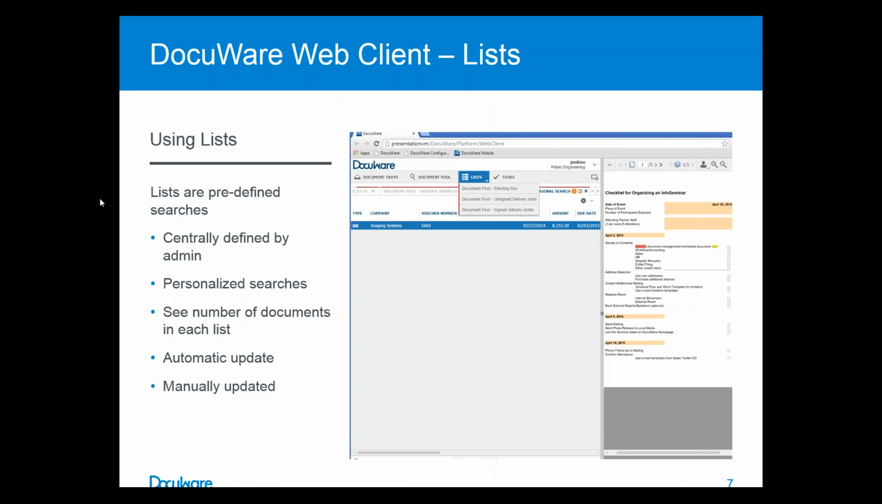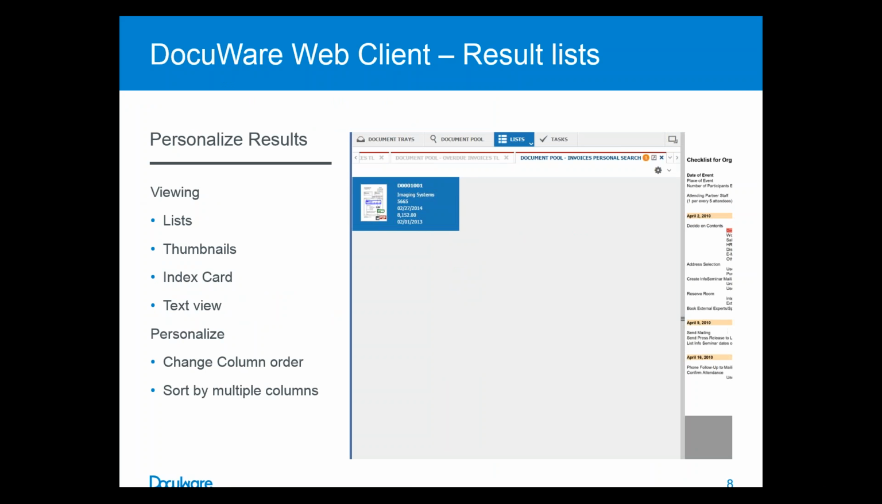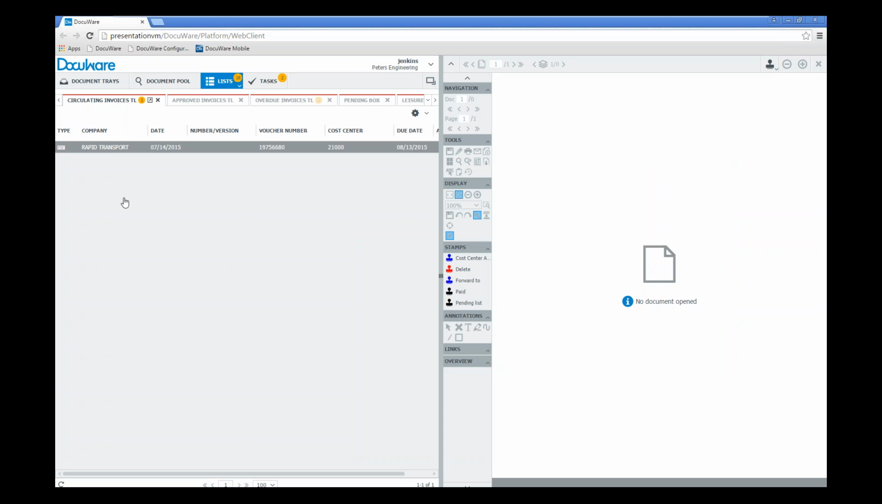So that's your list. Now I want to get into a little bit more of once we find these documents, we're going to take a look at the result lists. So our result lists really are what you search for comes back in what we call our result list, and you could personalize a little bit the way you want to view those documents. I could basically change the orders of those fields or sort them, but I just want to show you now in a result list, we could change the way these documents are viewable